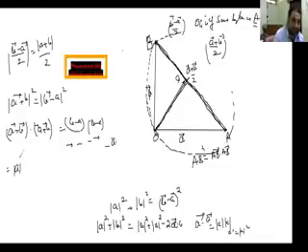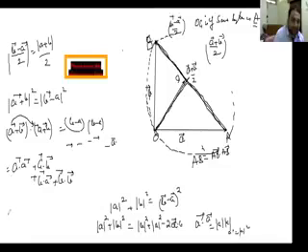...side is mod a square plus mod b square. See, a into a is mod a square, a into b is a dot b. I'll start doing this dot. Check this dot. A dot with a, so I get a dot a. Then I get a dot with b, plus a dot b, plus then b dot with a, and then b dot with b.